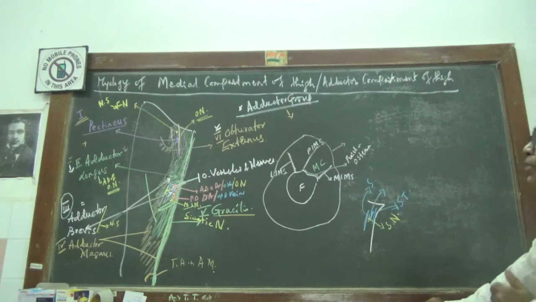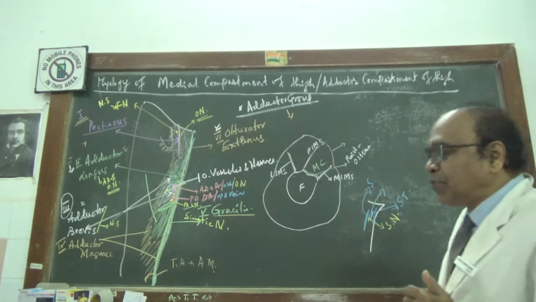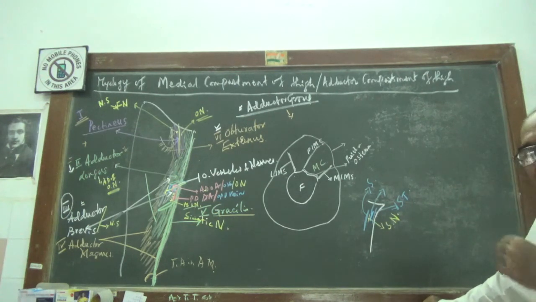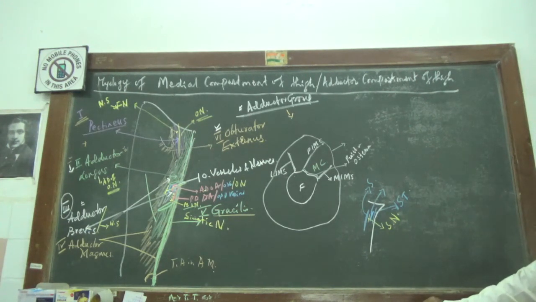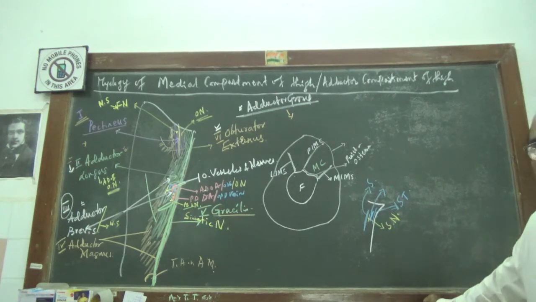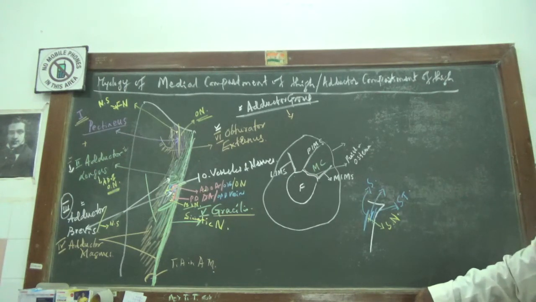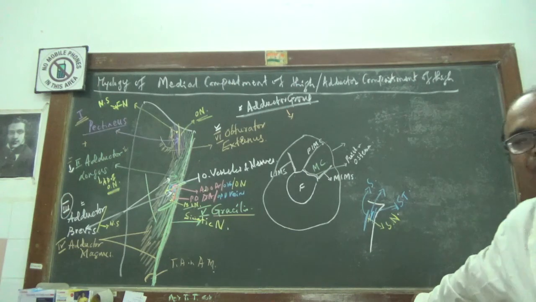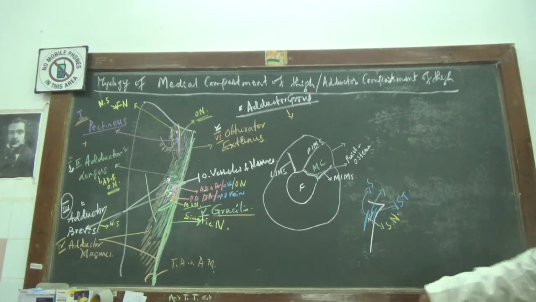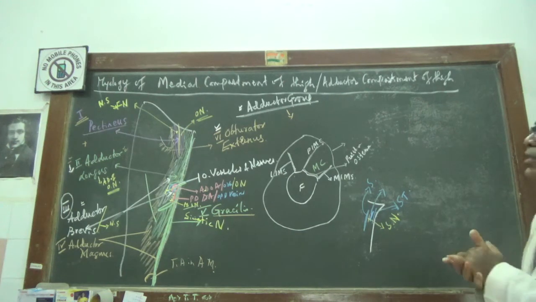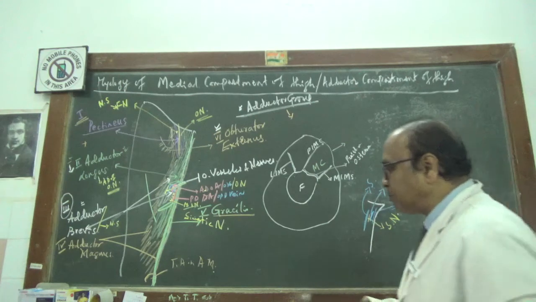Nerve supply to this obturator externus is the nerve to the obturator externus, and the obturator nerve, which will be close to the foramen, will also be supplying. Action of this is medial rotation and adduction. Apart from that, it also does lateral rotation, helping along with the other muscles. So this is what you get in the medial compartment. With this, the medial compartment is ended.